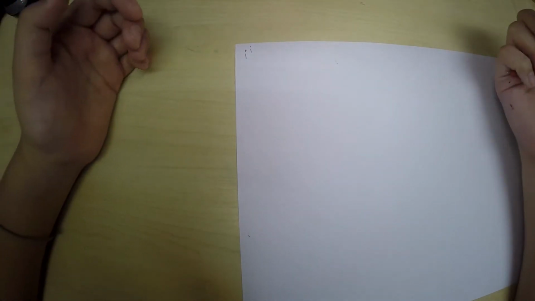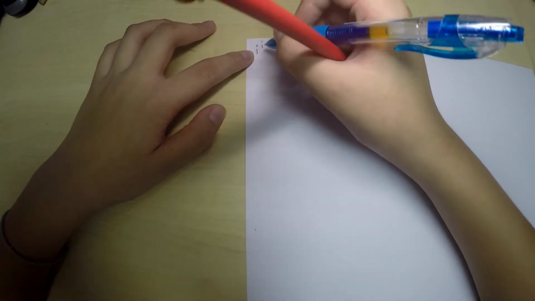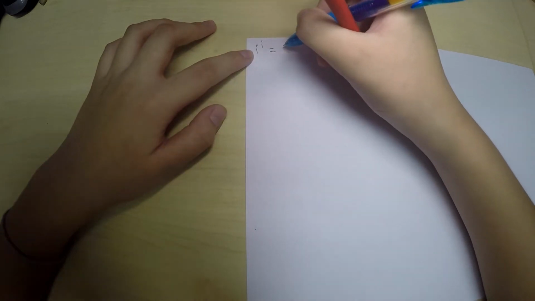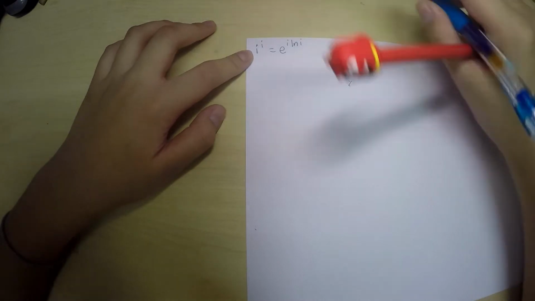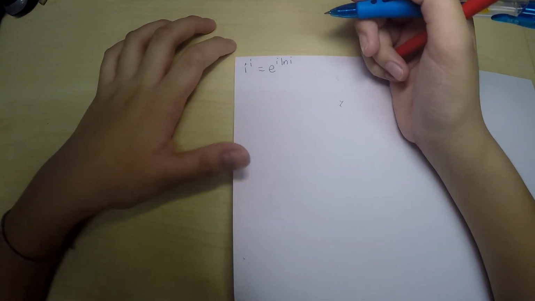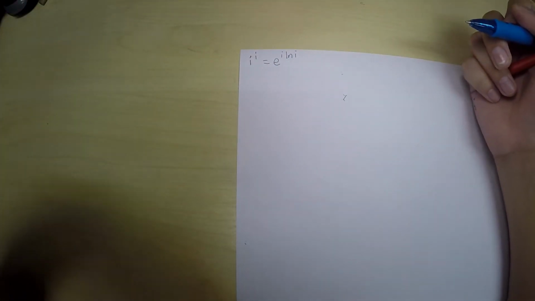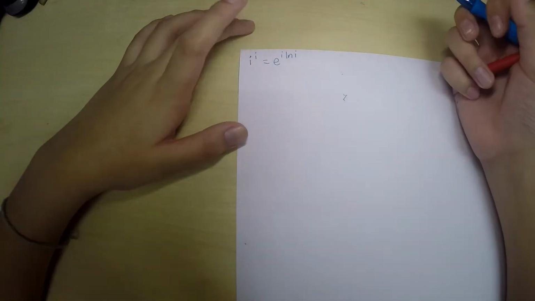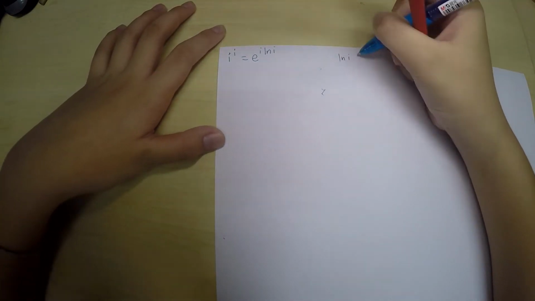So, here I am. So, i to the i can also be written as e to the i times ln i. And I can solve for ln i, and this is going to be my answer. So what's ln i? ln of i is,